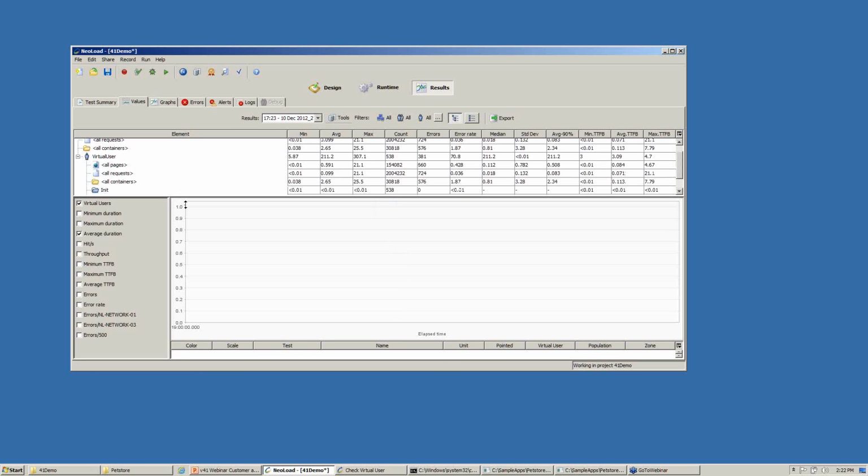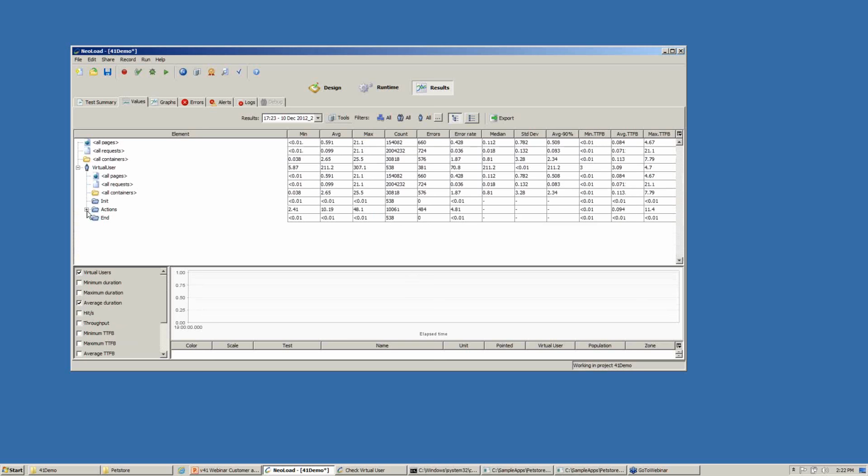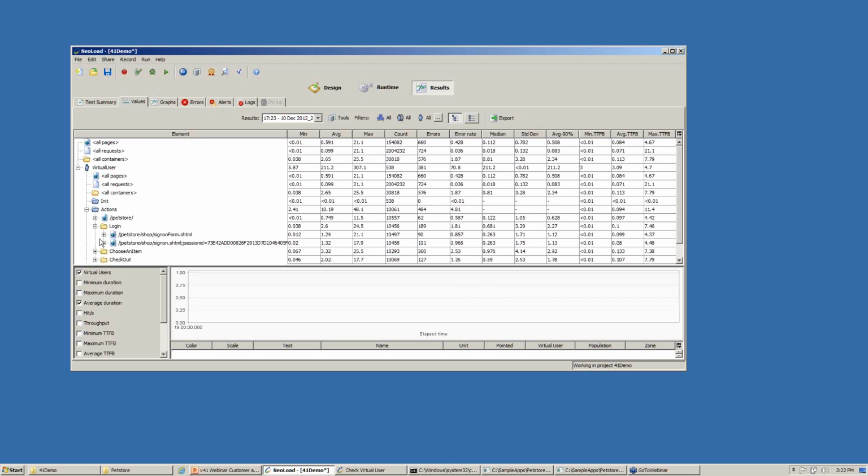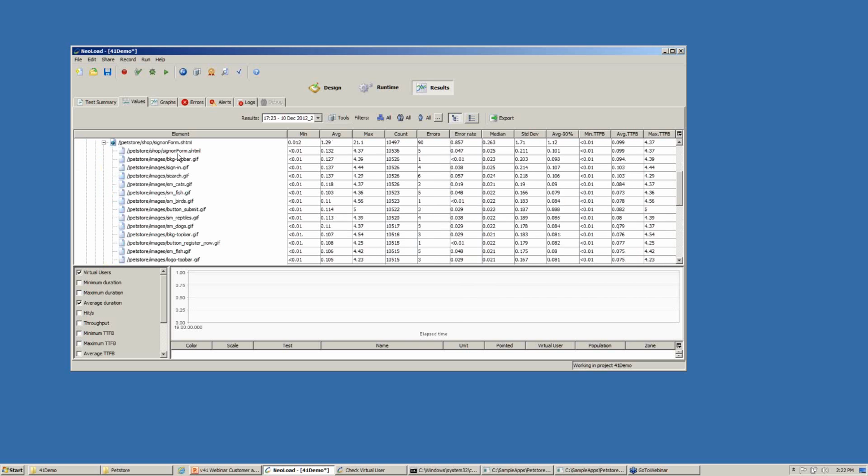meaningful fashion. Let me just drag this open here for you so you can see all the elements are now represented as they are designed in the design phase. All the data is here for you, so it allows you to take another view or another stab at your data from a different point of view, be able to get into the meat of your results a little bit more